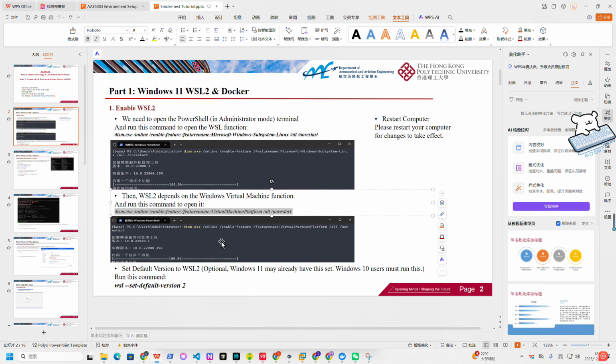Now this is optional, and then you should restart your computer and make the WSL2 to